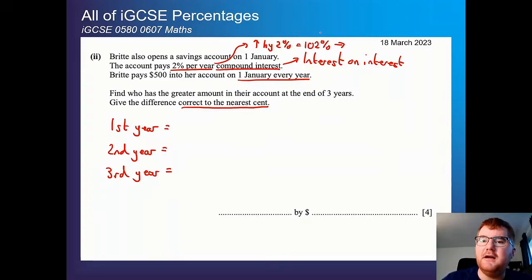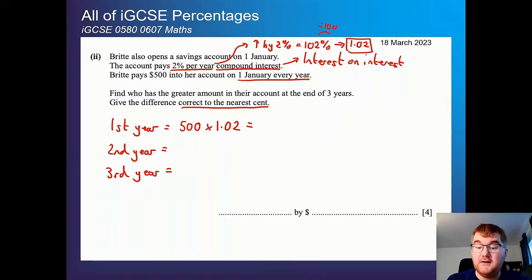And if we divide that by 100, we then get the multiplier, which is really important here, of 1.02. So the first year, we're going to do 500 times 1.02. That will then give us the total amount that Britta has in her account after 1 year. So that gives us then, if we do that on the calculator,